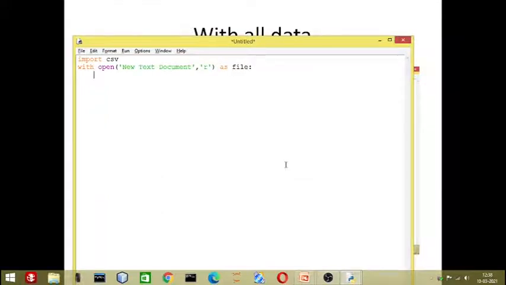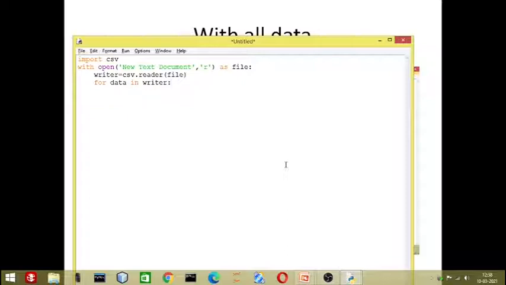Now we will write a reader function. writer is equal to csv.reader, because we want to read the file only. Give the name of the file. Now let us have a for loop, for data in writer.